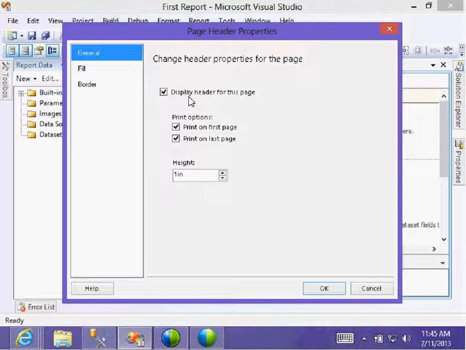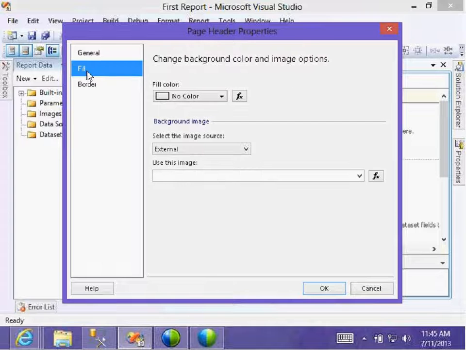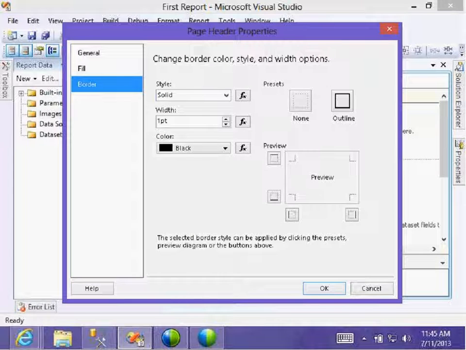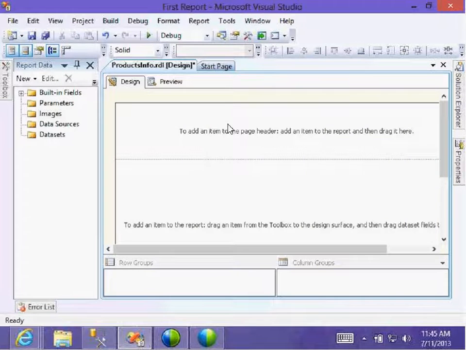Okay, what is display header for this page only? If you want it on the first page, print on the last page, everything. Okay, fill color of the border. If you want header, this header only. Okay, header. Now add something special.